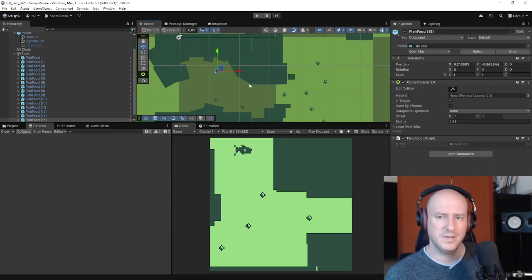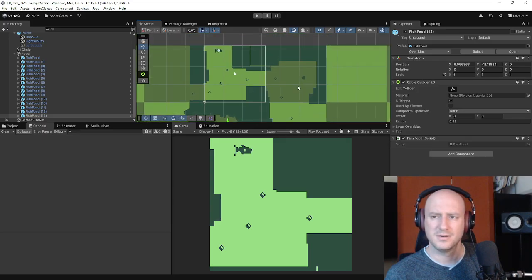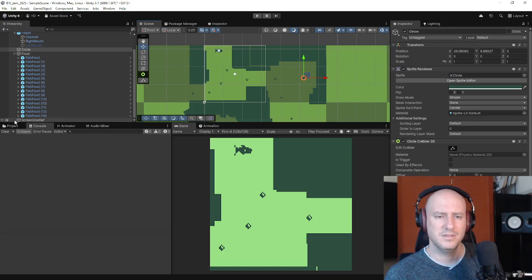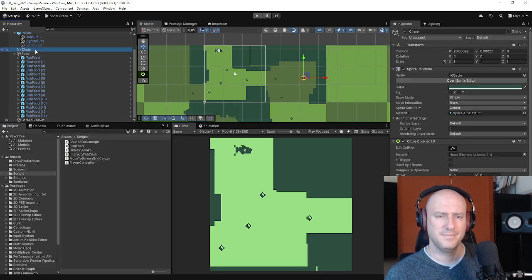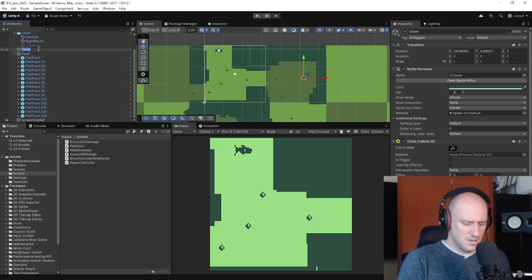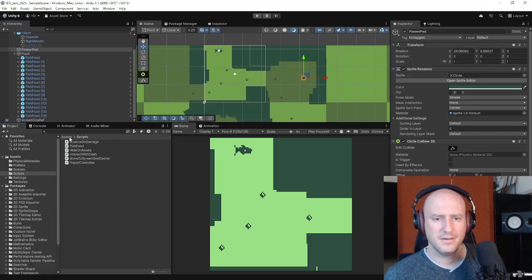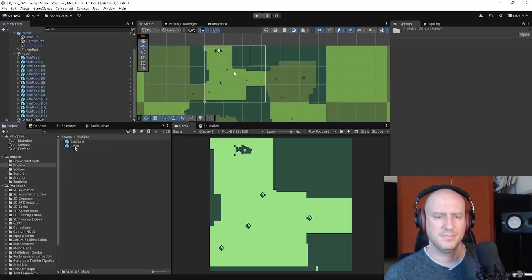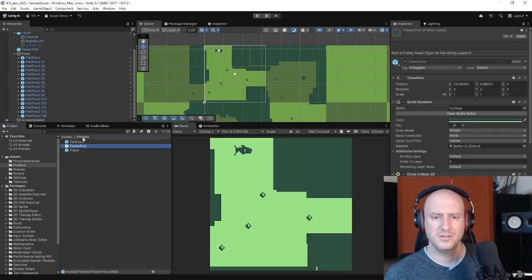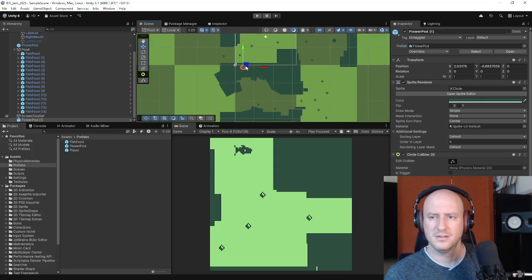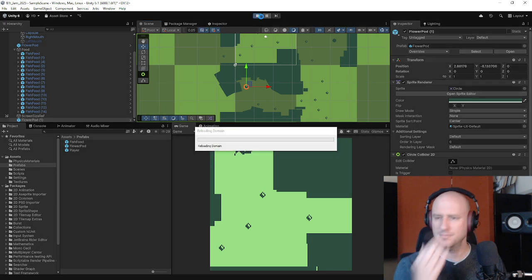I feel like one of those bouncy things should be up here, actually. Let's do this. I don't know what this is. Let's just call it a flower pod for now. Prefab. Okay. And then we're gonna drag this guy back into the scene like that. And that may be a little bit tricky, but